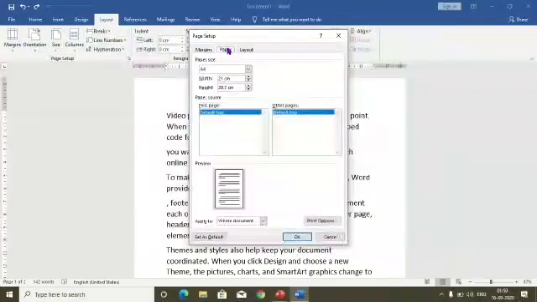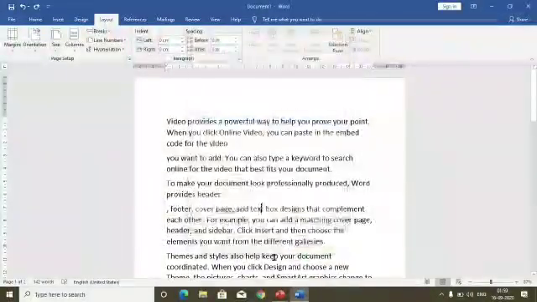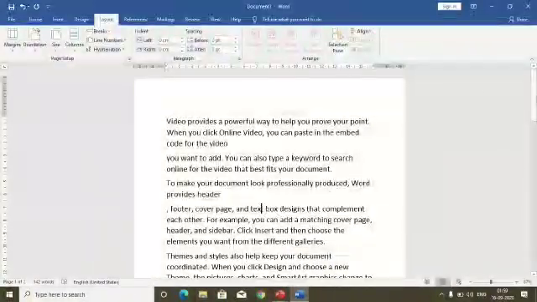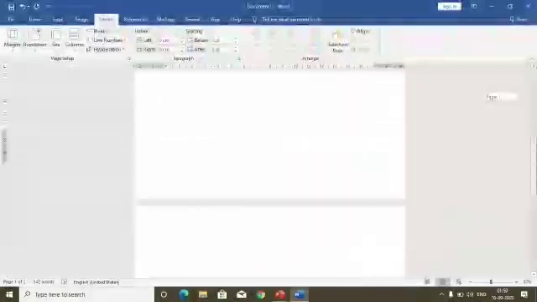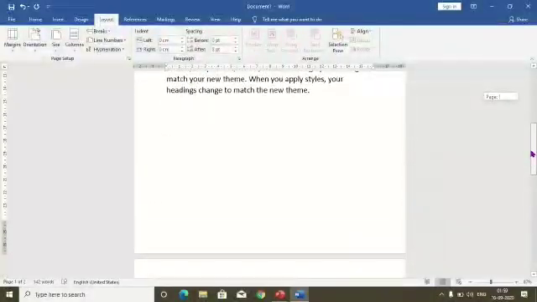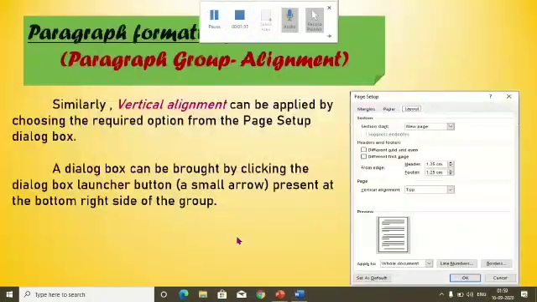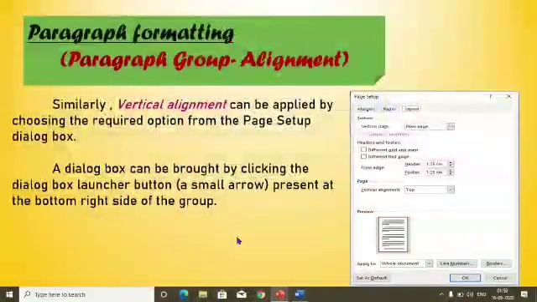We can set any customized size from here, then press Enter. Then we can see the difference between the margins of our page, that our page is going to be very large. So this is all about vertical alignment.